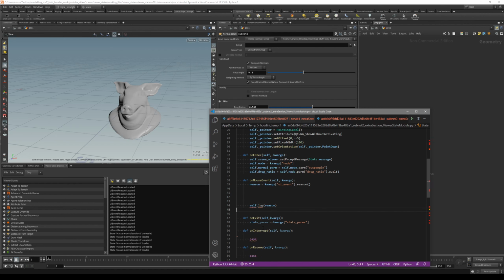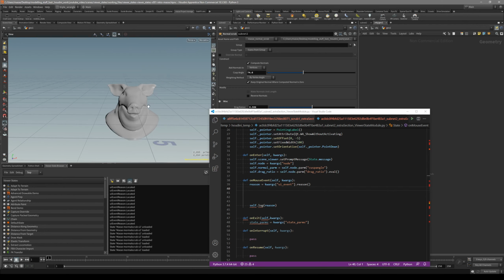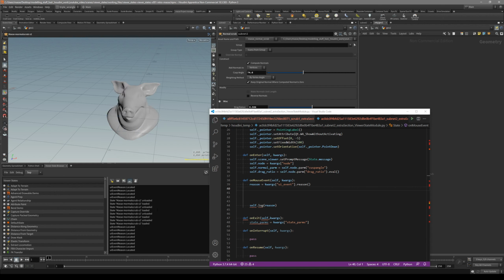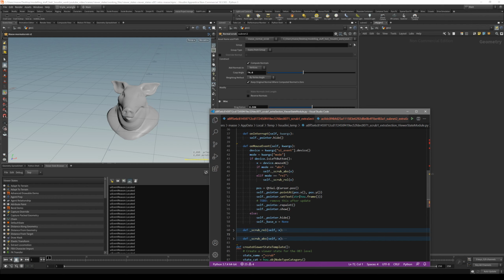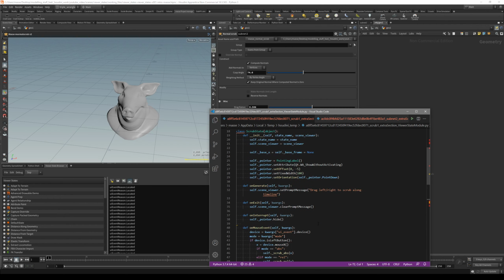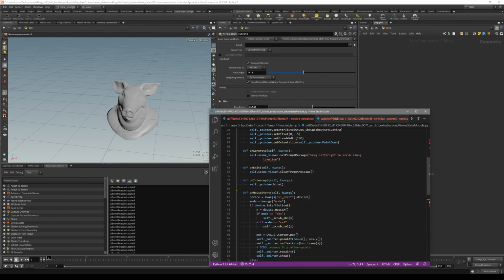So now that we have our values, what we probably want to do is get our mouse position. But we have one problem. This kwarg is going to print out our mouse position, but the problem is that it's going to print out the mouse position relative to this scene viewer, and not the actual position within our screen. That's a little bit bad because, if you take a look at this scrub demo, you'll see that it's also getting the values of the